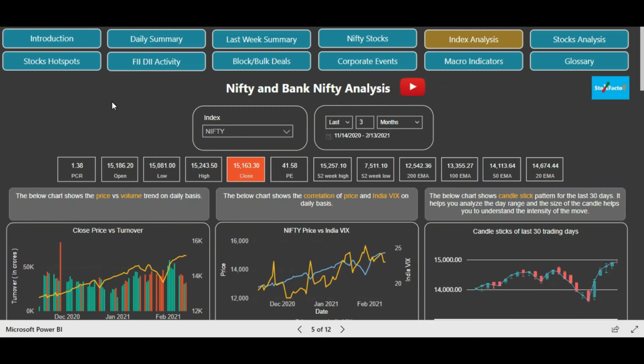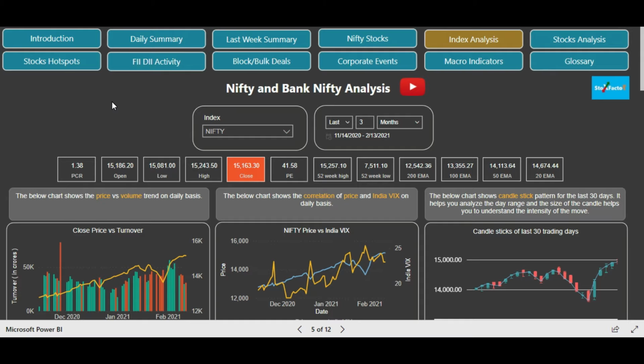So friends, here we are on the index analysis page, and we have already selected Nifty and the last 3 months data by default, which is already shown. So now let's see how you can take effective trading decisions on Nifty and how you can do a very effective analysis using the option chain, and how to also correlate the option chain with other indicators like PCR and the futures data also. Why am I saying this, friends?